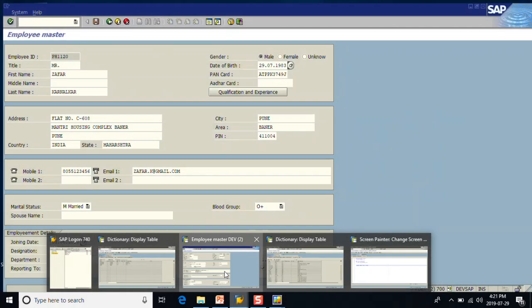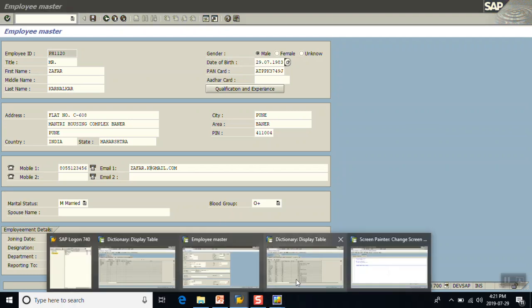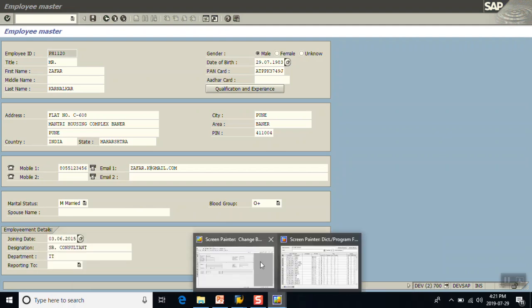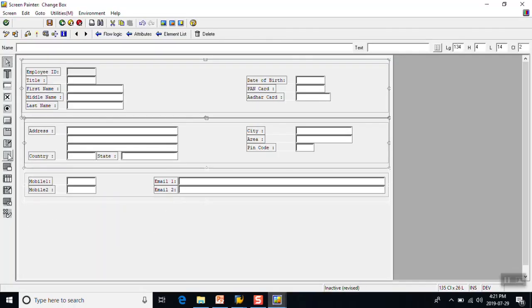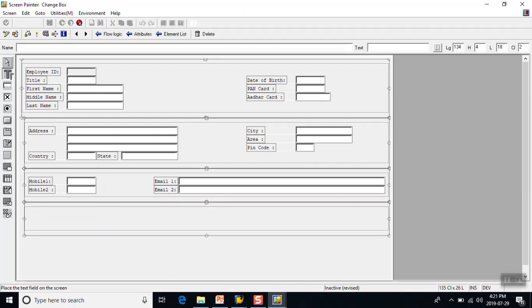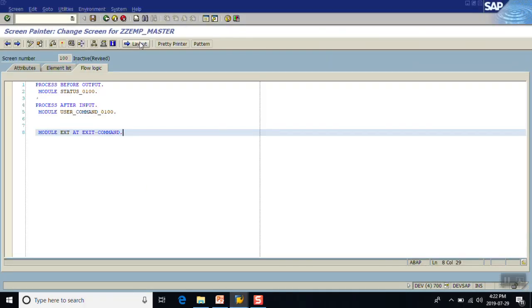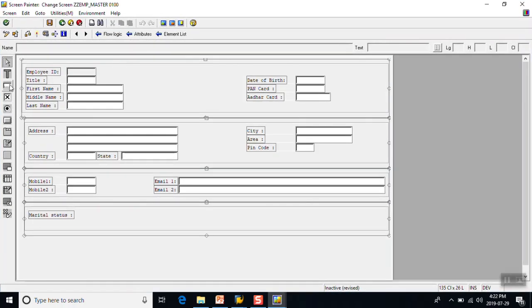Now we'll add the next part, which is marital status, spouse name and blood group. So we'll add in the same block. Okay, we'll just have one more box over here. Design as marital status, marital status. Click on layout. Layout again. Now second,